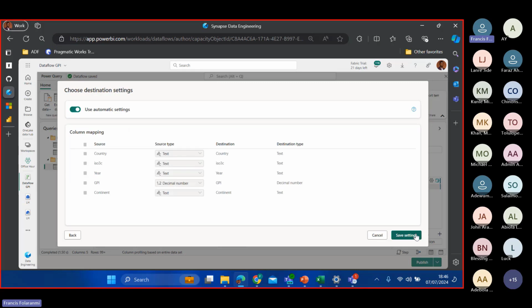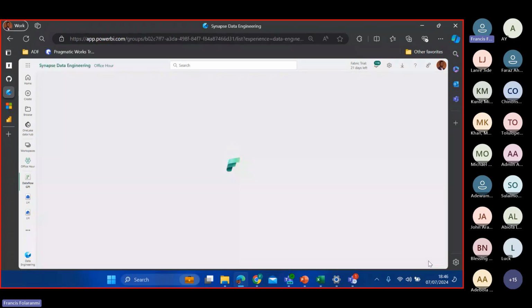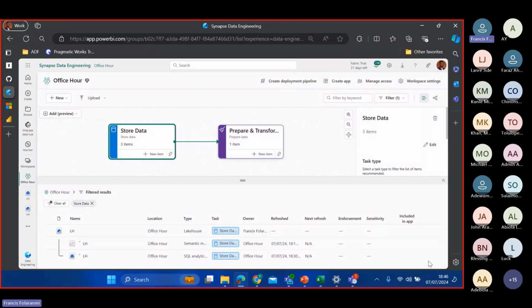Once I click on next, I have this interface where I'm doing some sort of column mapping, which is fine, and the data type and all of those nice things. Then I click on save settings. Immediately I do that, you realize that this is now italicized as against what we are used to in Power Query desktop. So now that all this is done, I can click on publish. So we now have our data in the shape that we want it in our workspace.